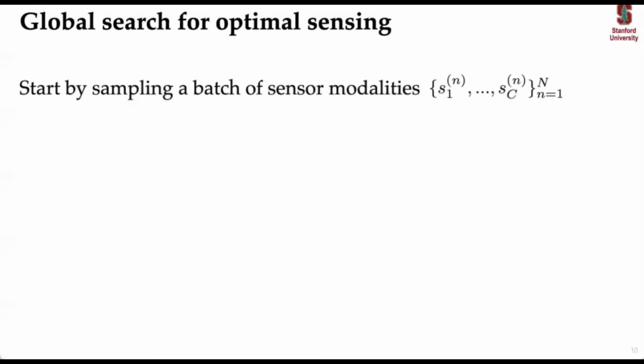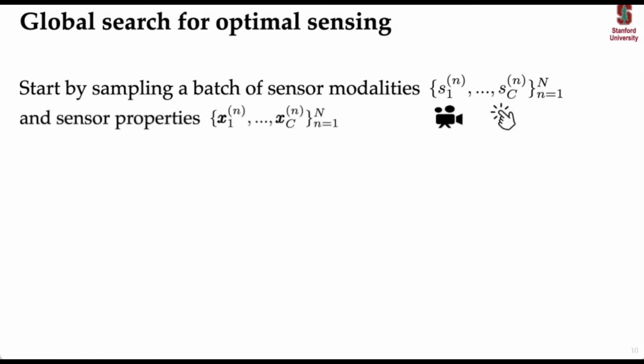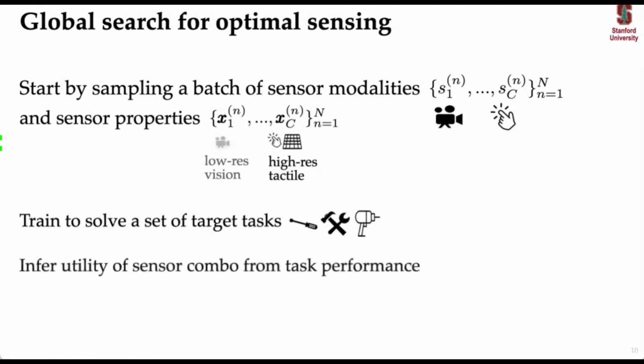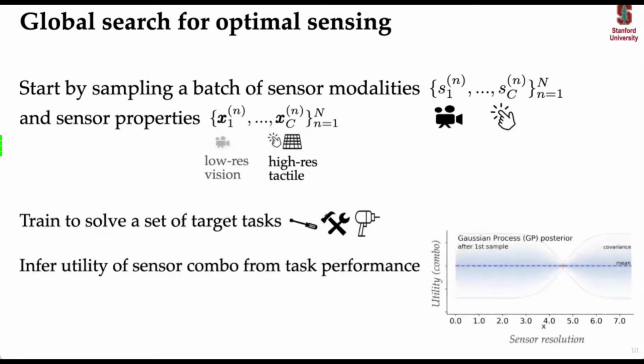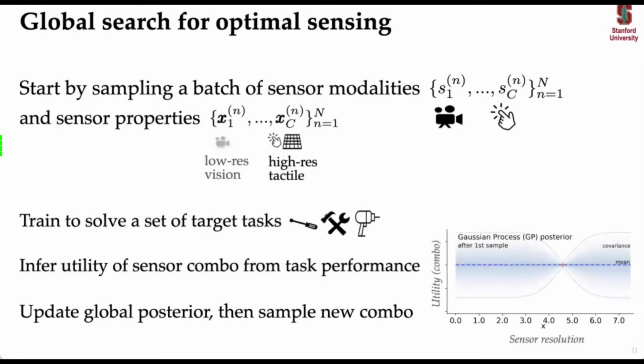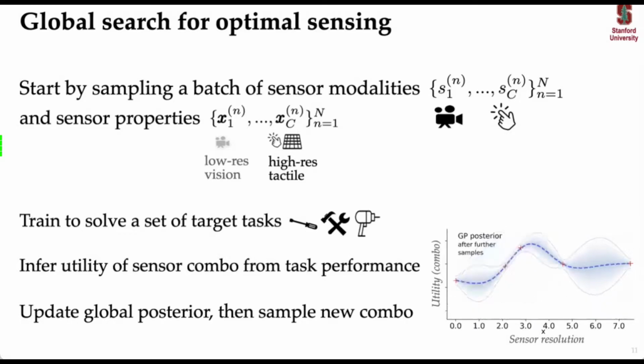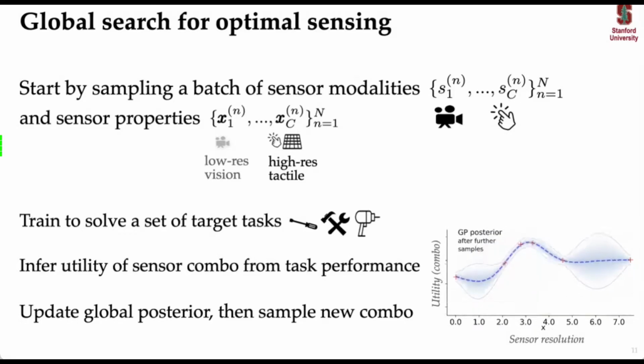So how can we do this? We can start by sampling a batch of sensory modalities, for example, vision and touch here, and then sample their sensor properties, for example, low resolution vision and high resolution tactile array. Then we can train to solve a set of target tasks and infer the utility of the combination of the sensor based on the task performance. And then we can maintain a global posterior that models the utility of various sensor combinations and use some data efficient approaches like Bayesian optimization, for example, to select the most promising candidate to try next,